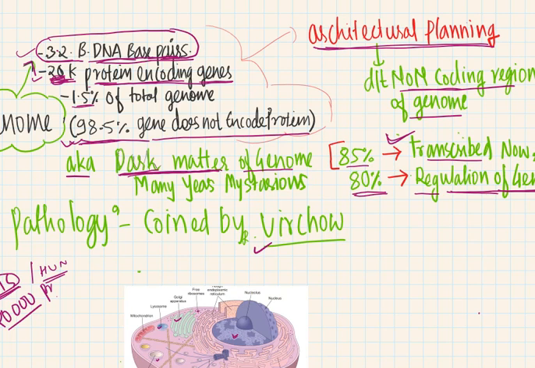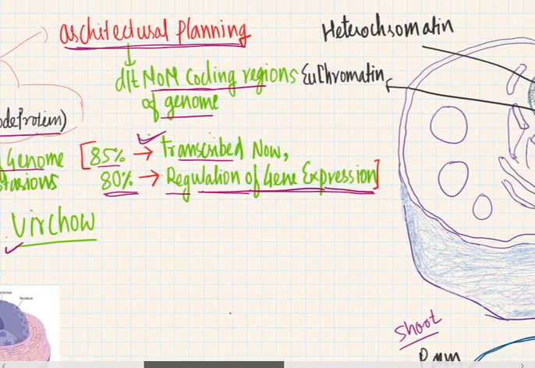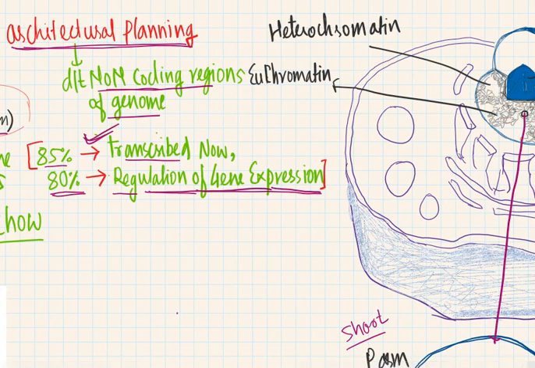So this is also mysterious, okay guys. At that time it was a mystery, we did not know. But now in the 21st century, after genome sequencing, we know that about 85% is transcribed, and 80% of that is functional. Of these, 98.5% is regulation. Regulation of what? Regulation of gene expression. So what they do is regulate the gene expression.